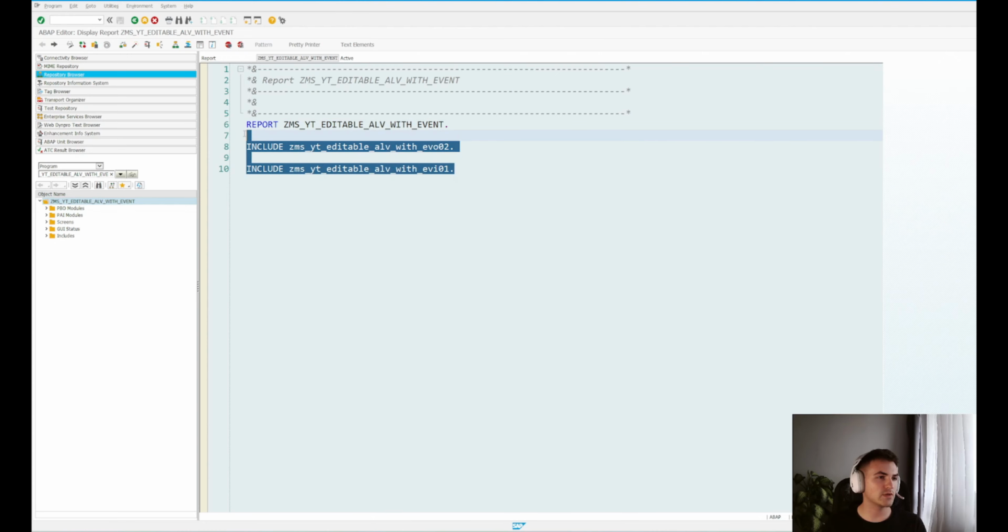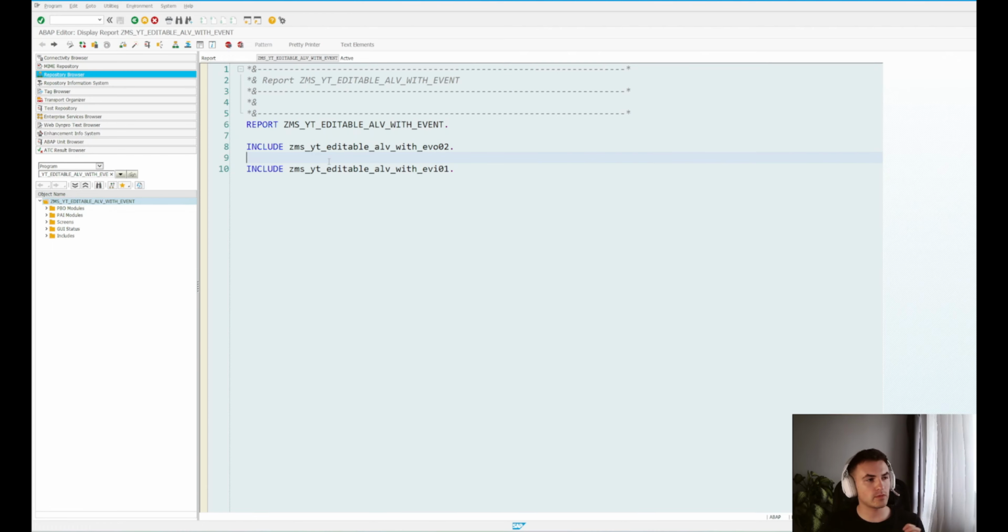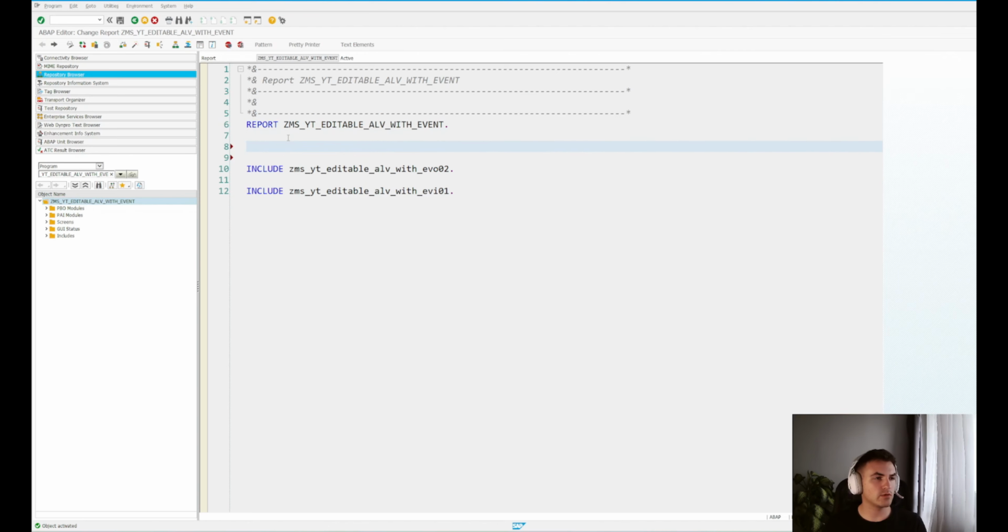Of course, now it's not doing anything. We just created the screen and includes to process everything that's going to happen on the screen. Okay, so the next step will be creating a class to process everything that's going on in our report. Of course, you don't need a class, but we're going with the object-oriented approach to make things nicer looking. To test our screen, we can of course do call screen 1000,